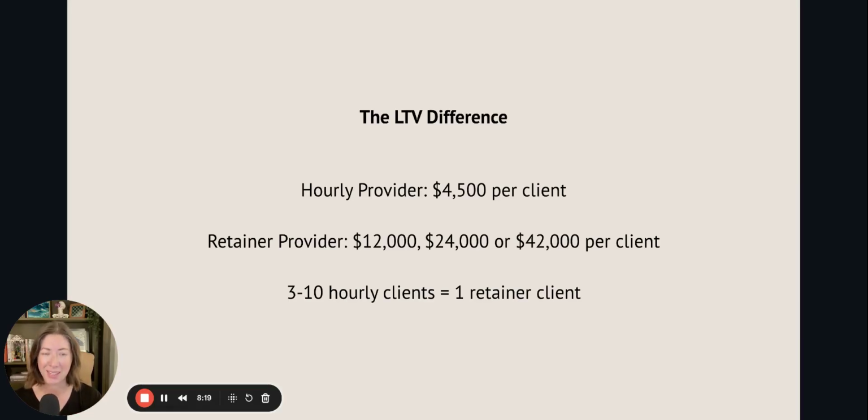So I want to help you decide what goes in those retainers so that you can feel really in alignment with the value that you're providing. So now that we've seen the math and we've run a couple of scenarios through, which one is hitting home for you? Where are you at currently with your hourly pricing, your packages, or your retainer? And where do you want to be? Run the scenarios. Do your current actual lifetime value right now, and then play some hypotheticals.